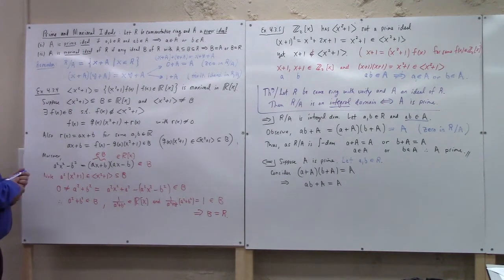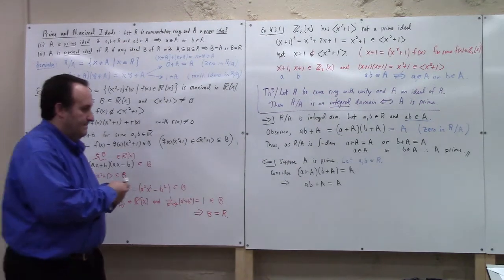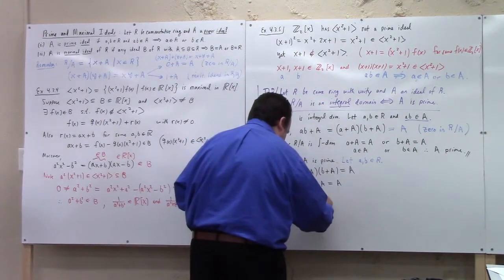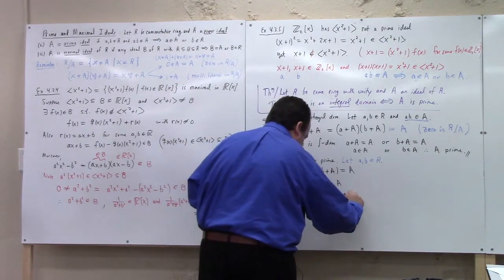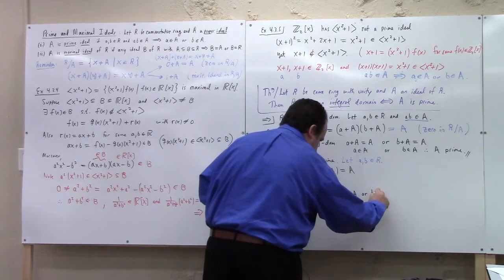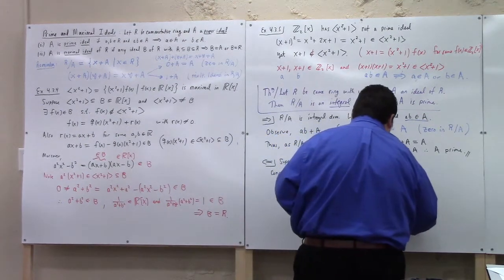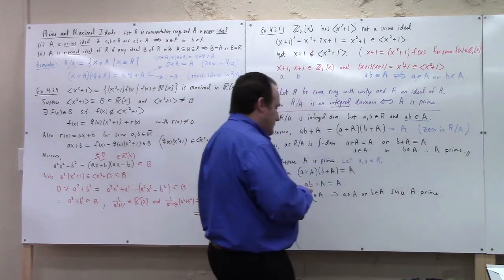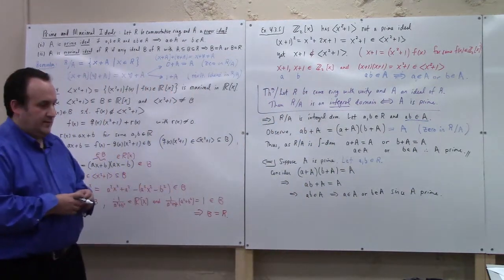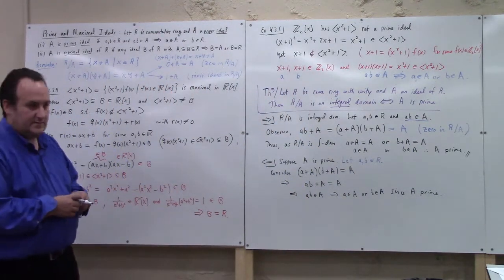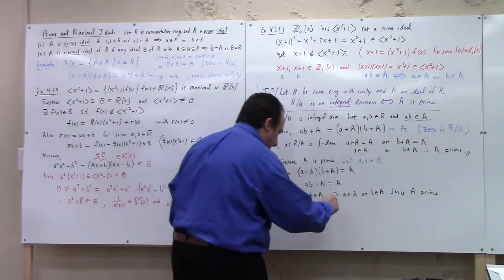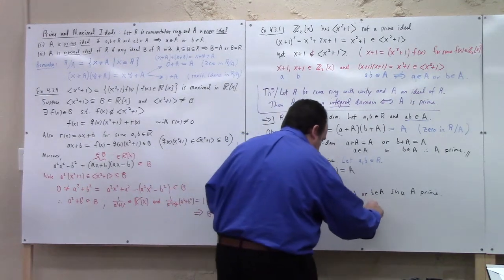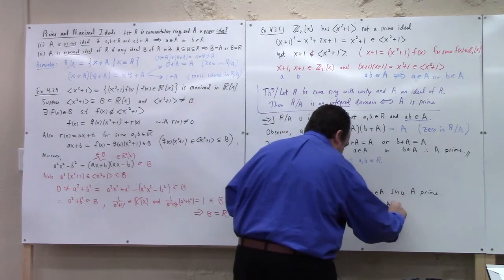Now, A plus B is, so that, what does that mean? This means AB is an element of A, right? But that implies that A is an element of A, or B is an element of A, since A is prime, right? Which then says what? That says A plus A equals A, or B plus A equals A,